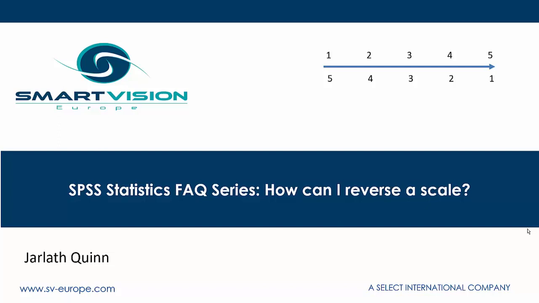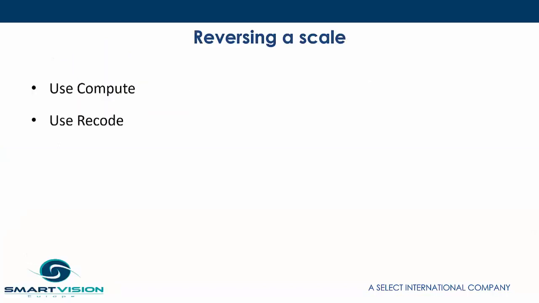Lots of users want to know how to reverse the values of a rating scale, such as an agreement scale or a satisfaction scale, so that the highest value becomes the lowest value, and conversely the lowest value becomes the highest value. And it turns out there's more than one method we can use to do this. The first method we'll look at is using the transform compute procedure, and the second method is using the recode